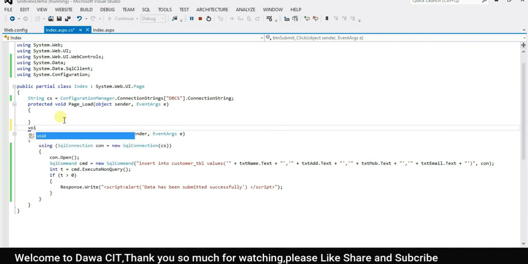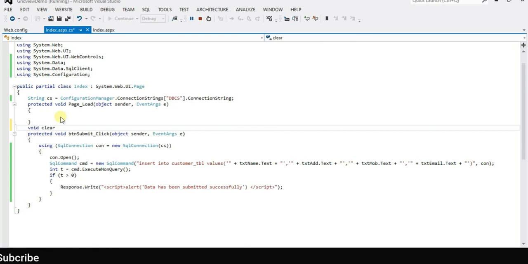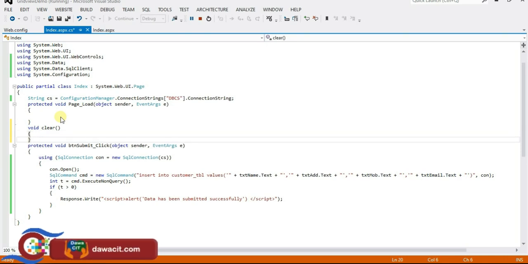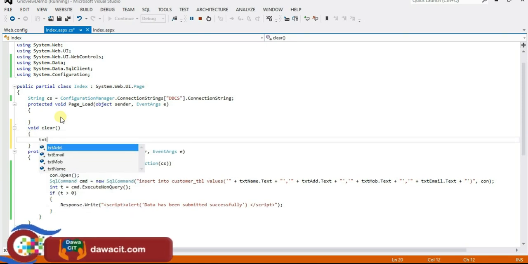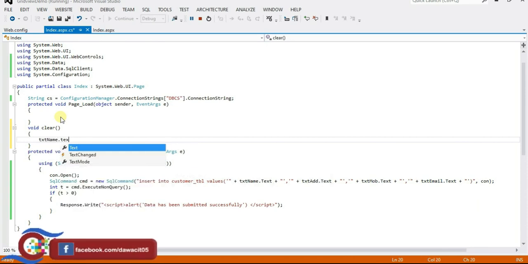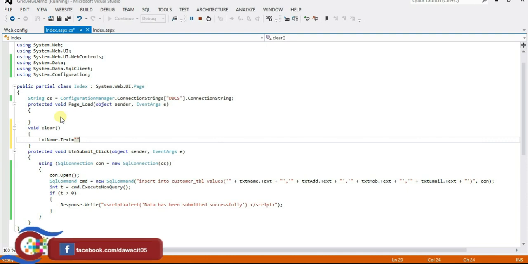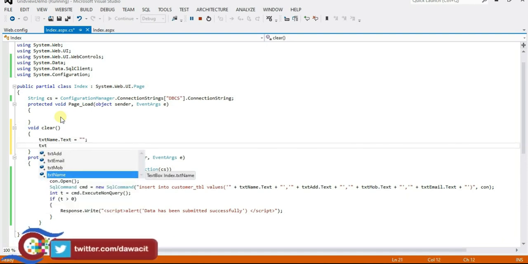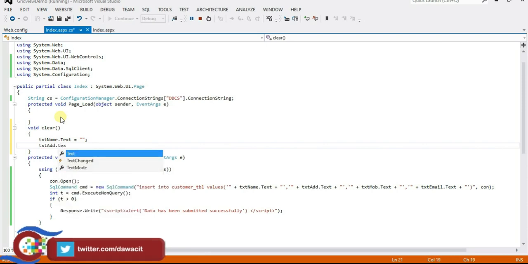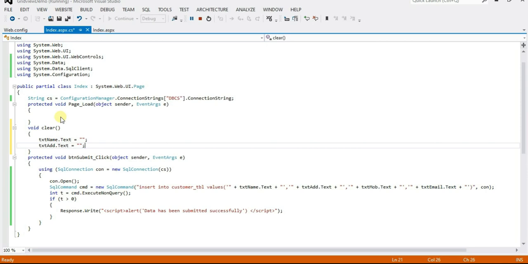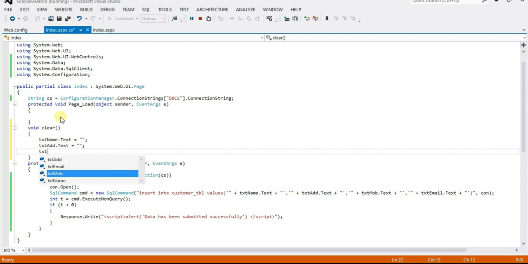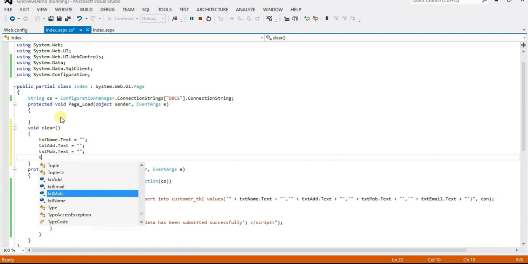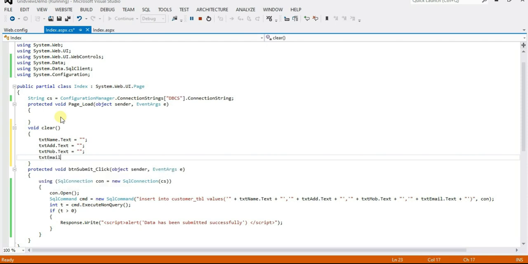Type here void function name clear txt name dot text semicolon txt add dot text, txt mob dot text, txt email dot text and now this clear function